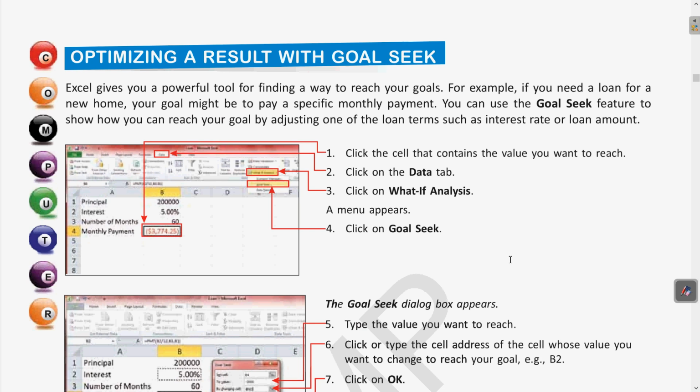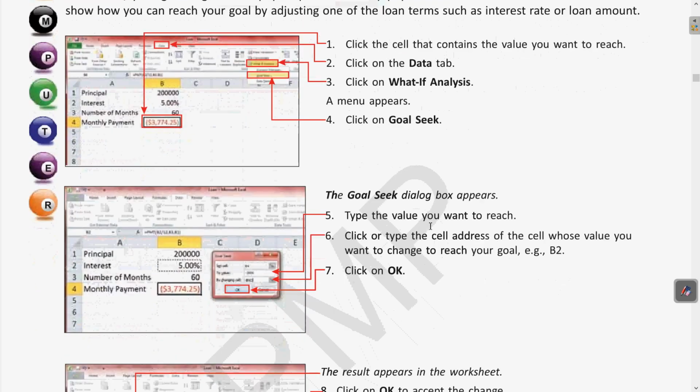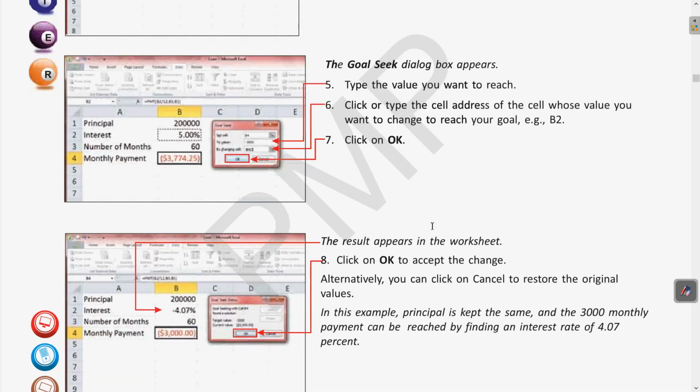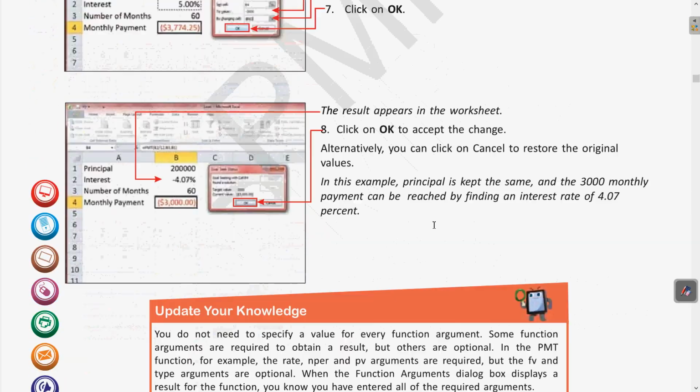For example, if you want to set the goal as the monthly payment, which right now is 3774 something, and in that place if we want to bring it to 3000, then what change will be in the interest. That also we have seen, and for that we have used the what if analysis. In the what if analysis we have the goal seek feature. So using that we can calculate the goal seek.